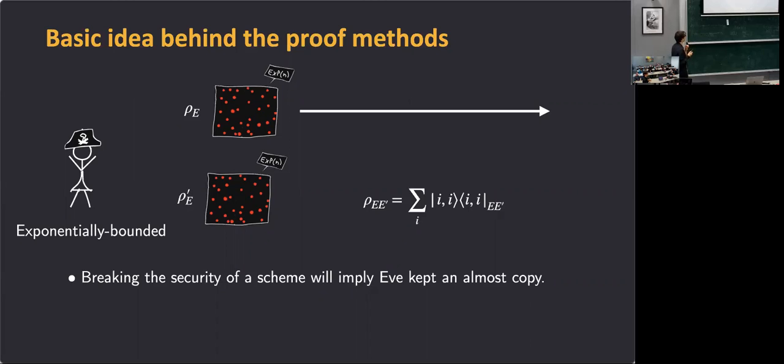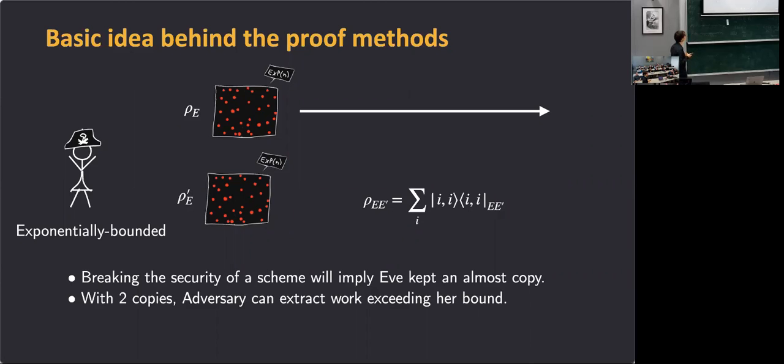But the fact that Eve could send a state and keep a copy, if the states are really large, means that there must have been a large amount of redundancy between both. So what Eve could have done, instead of sending the state to the next player, is keep both, do a CNOT operation on one, and obtain a very large amount of zeros that will exceed her bound. And this also works if they're imperfect copies, but close enough.